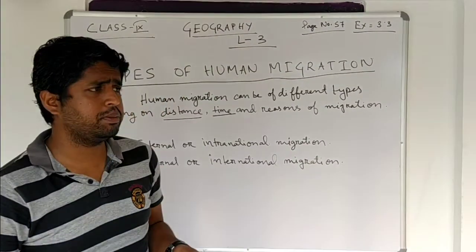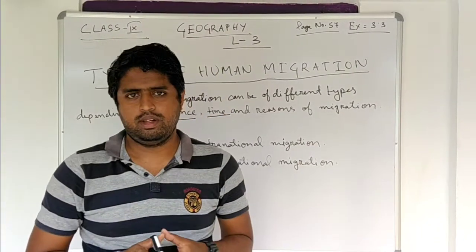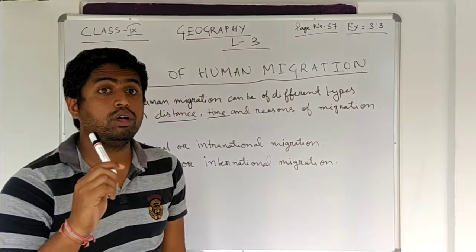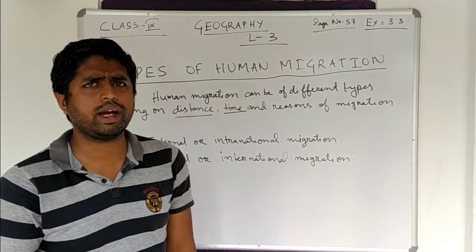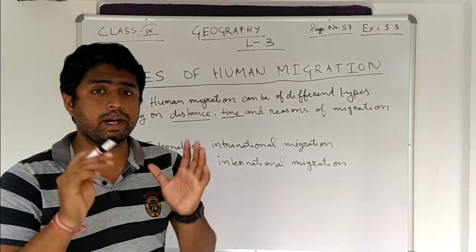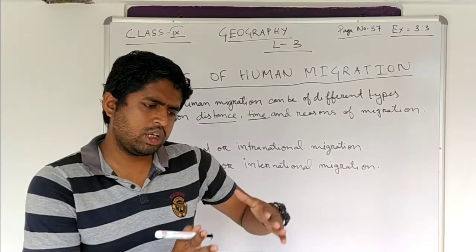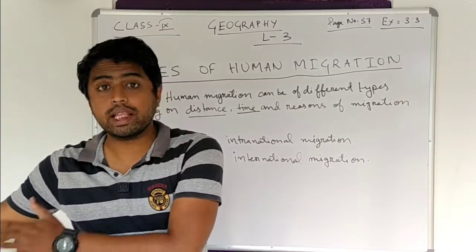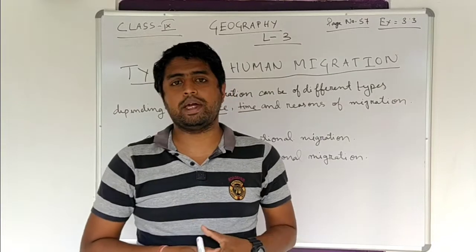Seasonal migration can be classified as when people move in a particular season. Say, you can take an example of June cultivation. This is also a kind of seasonal migration. It does not come under migration, but I am trying to give you an example. What happens actually in June cultivation? People cultivate a land for some time, after that they leave the place and go to another plot of land. Similarly, these things are also applicable to seasonal migrations.